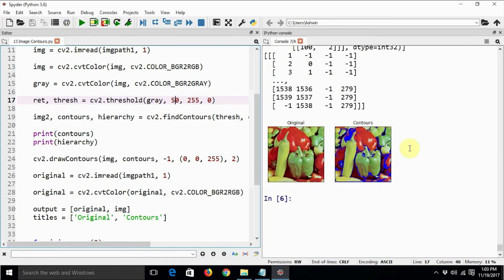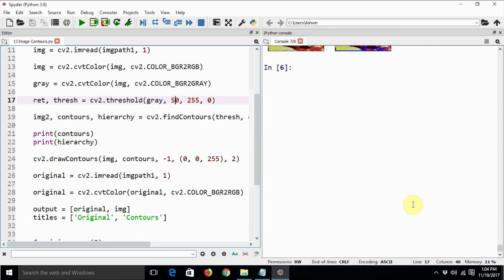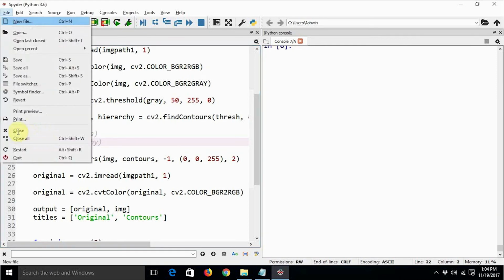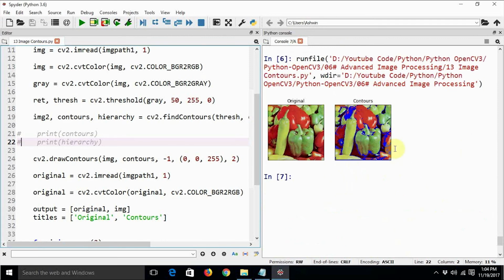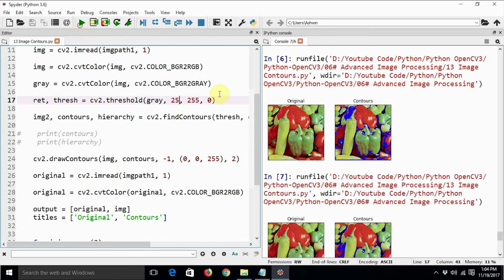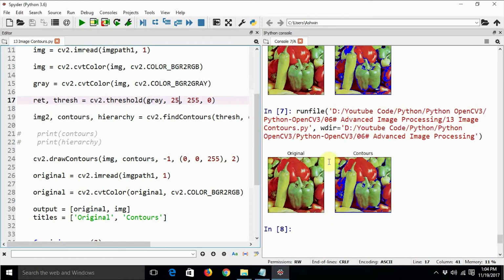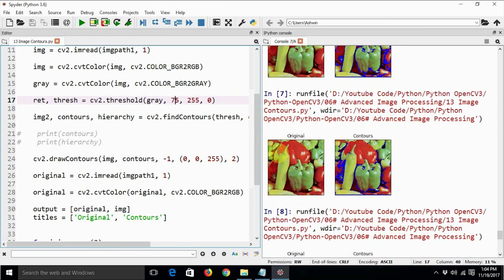I think I should comment out this thing so that we can compare the results side by side. So this is when we keep threshold equal to 50. We can even keep the threshold equal to 25 and see the output. Here the boundaries are not clearly marked, and what if I keep it 75? The output is going to be different.